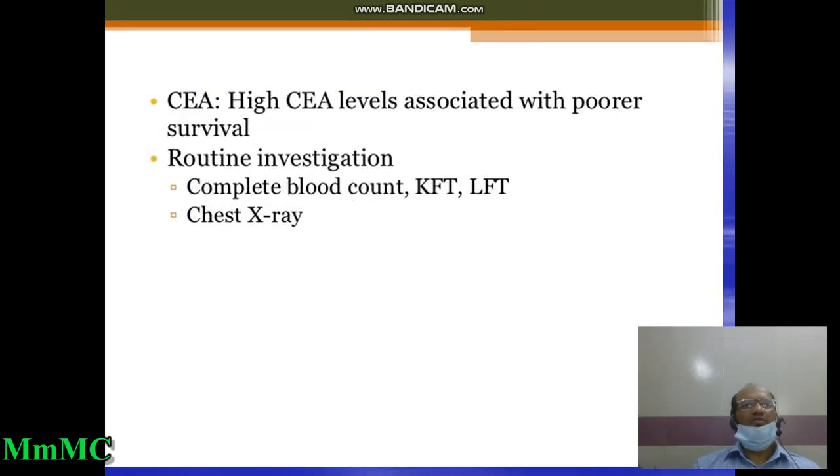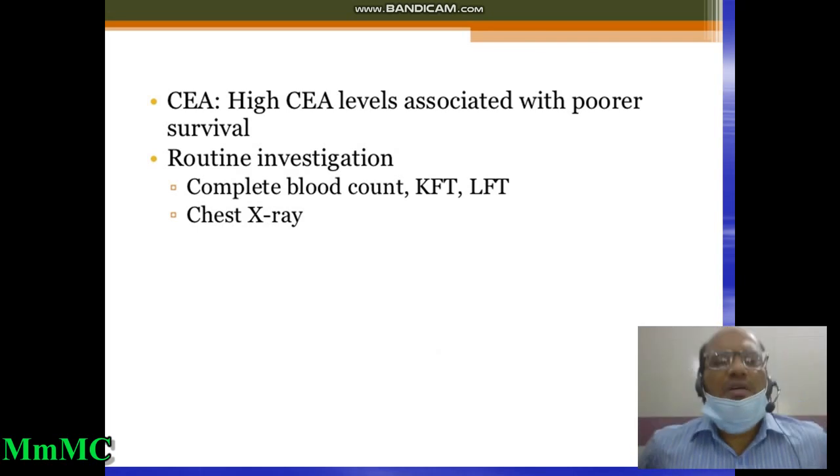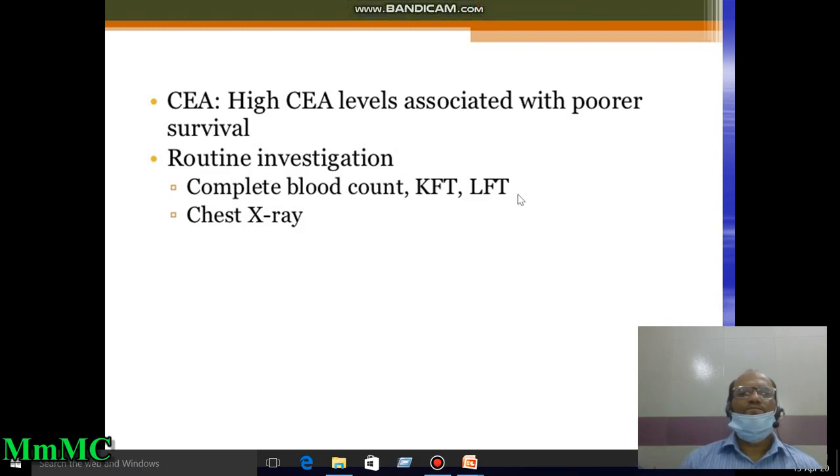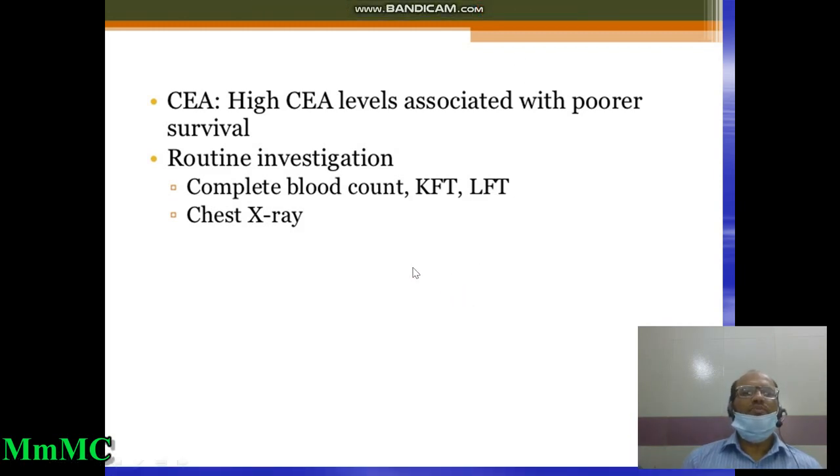Carcinoembryonic antigen is the tumor marker in carcinoma rectum, colorectal cancer. High carcinoembryonic antigen level is associated with poorer outcome. Some routine investigations include the complete blood count,